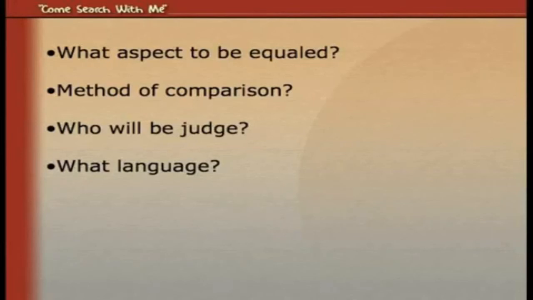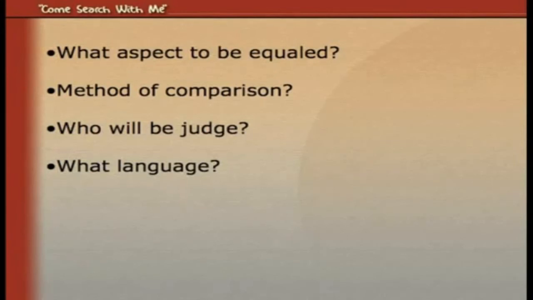I took up the challenge and I said, okay, let me try to do what they are saying, because it's a challenge, and honestly, go and see if you can get it done. There were 4 snags that killed the attempt. Number 1, it would not say what aspect to be equaled. Whether it is the prose or the poetry or the truth or the doctrine or the concept of God, what was it that I'm supposed to equal? It wouldn't say.